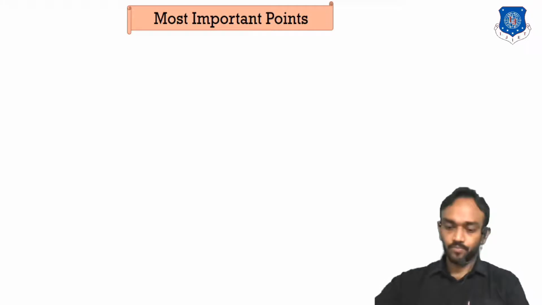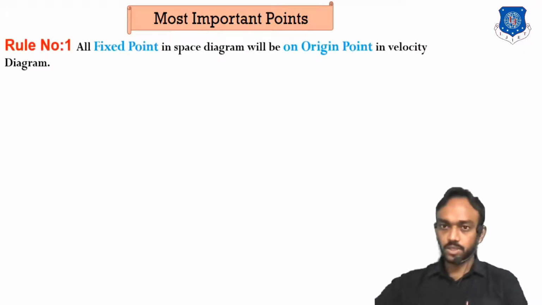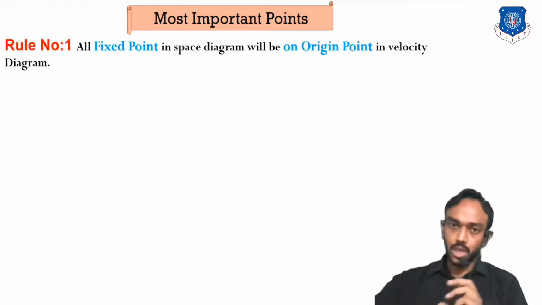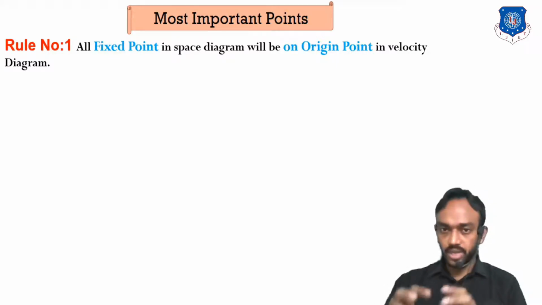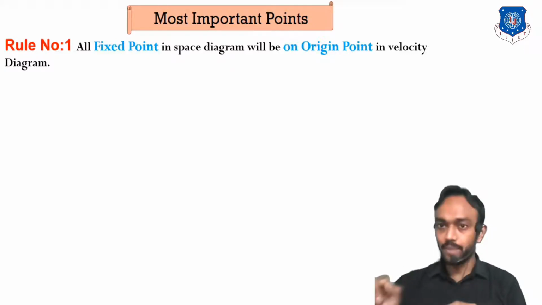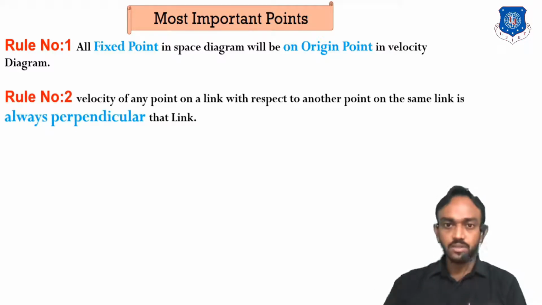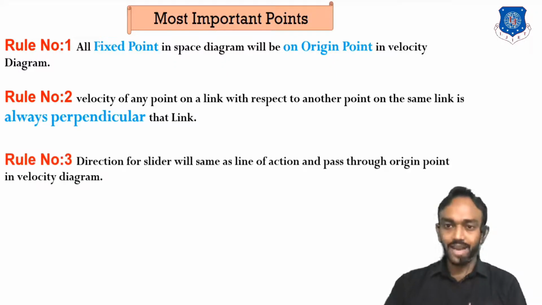Okay, so you know that first of all, first rule is that all fixed points will be at the origin. So in a mechanism, whatever the number of points you see which are fixed will be at the same point, the origin point, in a velocity diagram. Second is the velocity of any point on a link will be perpendicular to the link. Third is the direction of slider always be the line of action passed through the origin point in a velocity